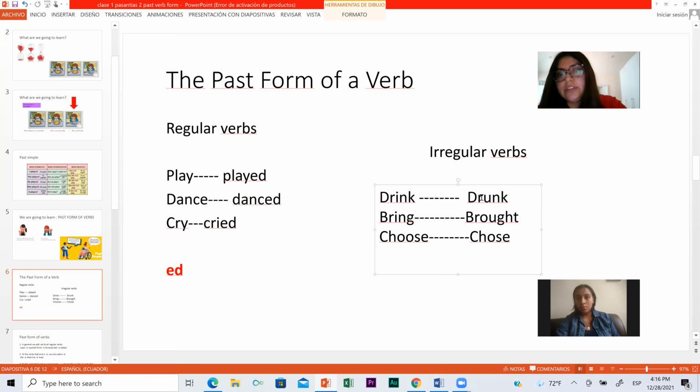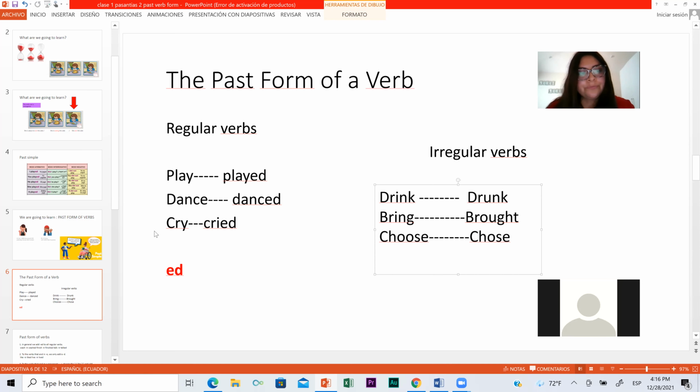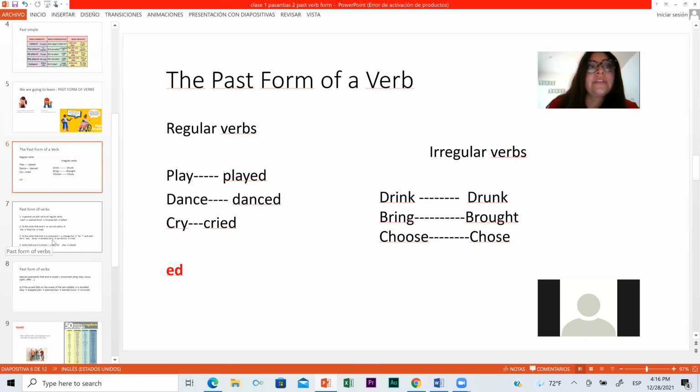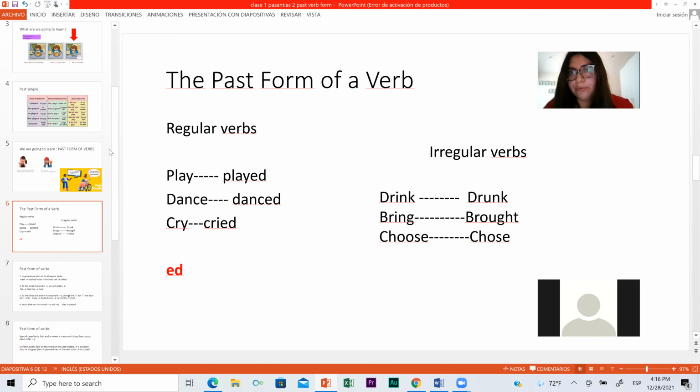I wanted you to notice how the verb is completely changed. It changed, right? Here's an I and here's a you. Drink, drunk. Bring, brought. Choose, chose. Well, that verb's pronunciation is almost the same. So, when the verb doesn't change, if you ever wonder that,